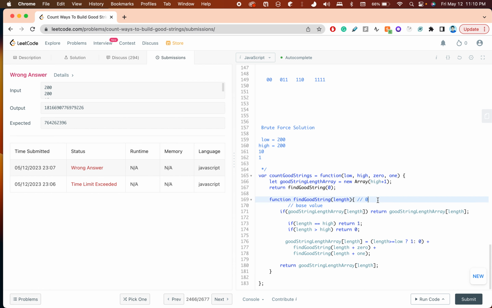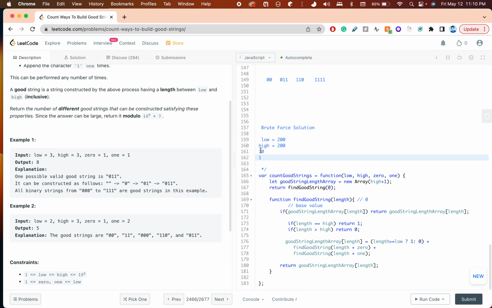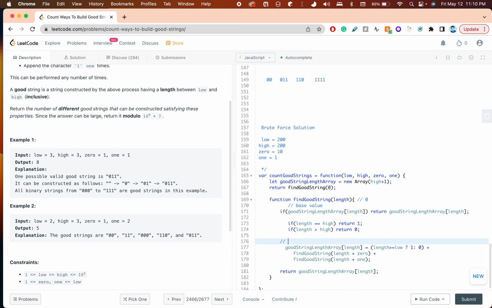It's like 0 and then 0, 1. If it is low 0, high is 200, then this is 0 and this is 1, then first of all it would be, so here it would have been